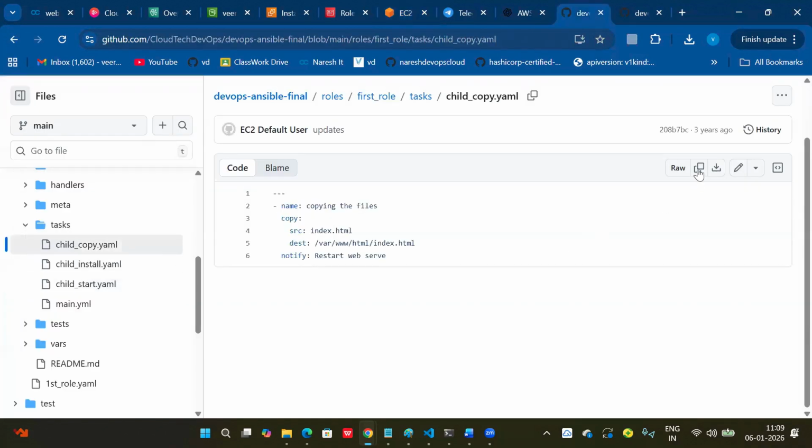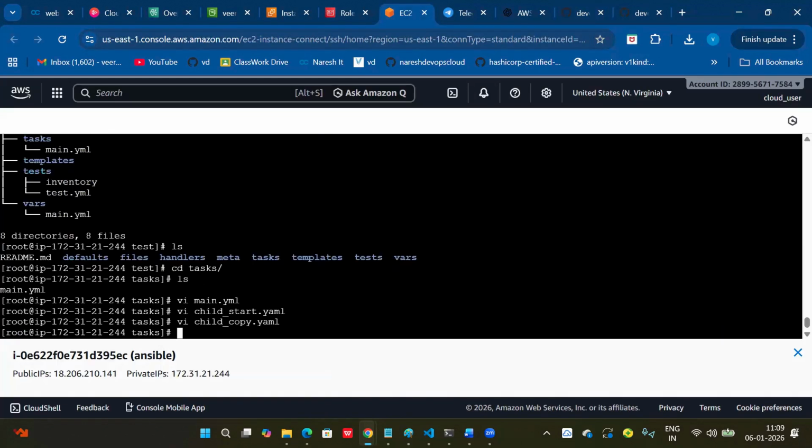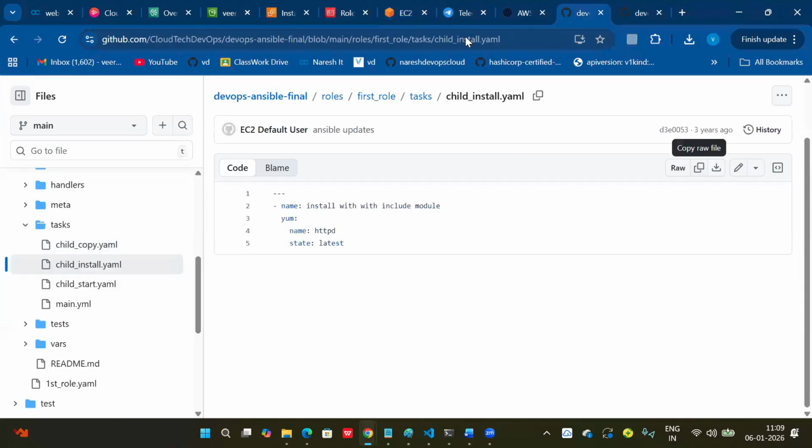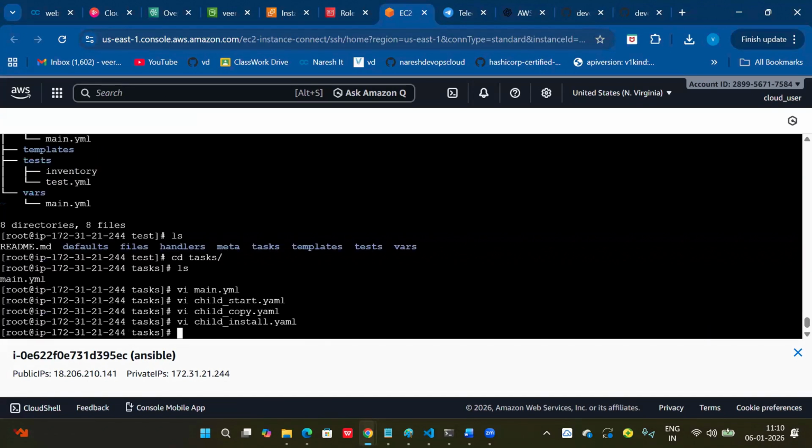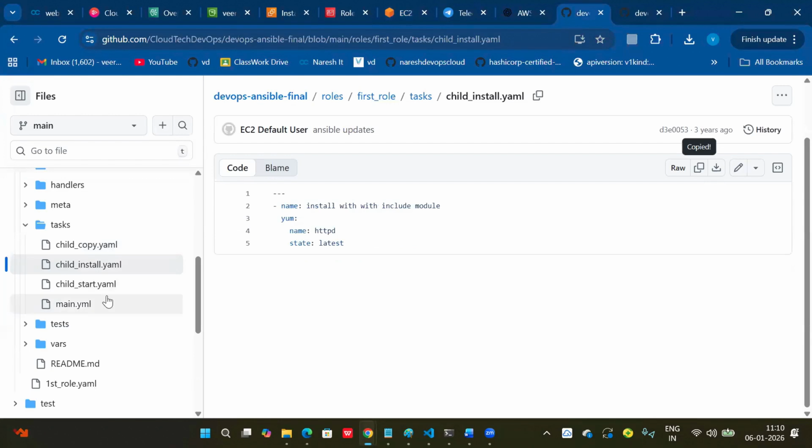So you can add a copy.yml also here. Next, vi install.yml. So main.yml is updated, copy.yml is updated, everything is there, right?